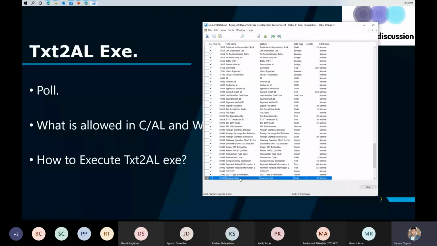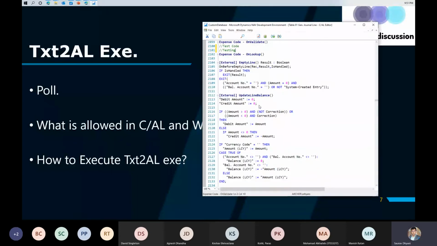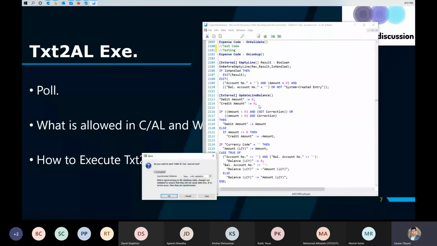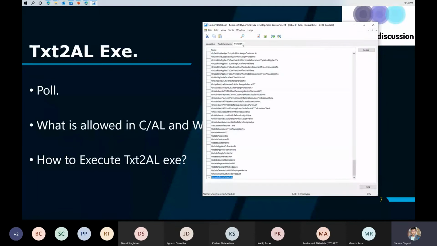Now, if there is a validation in this field, let's say there is some code here on validate, this is my test code, test. Can this be part of a table extension? It can be, right? Either on validate or on lookup of that custom field. Let me save it. Okay. At the same time, if a customer requests a function which you think will be rightly placed into the general line table, you can always come here and create a function using a table extension, right? So let's create a function